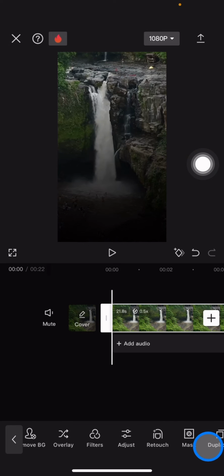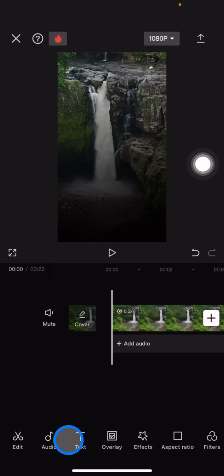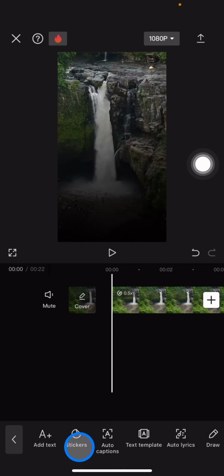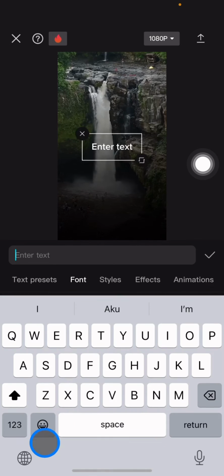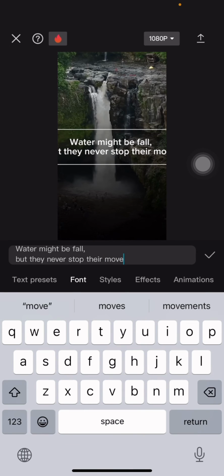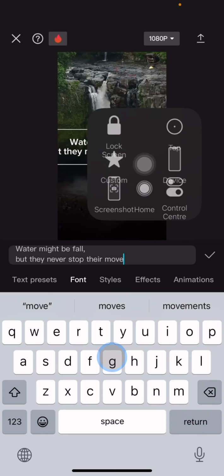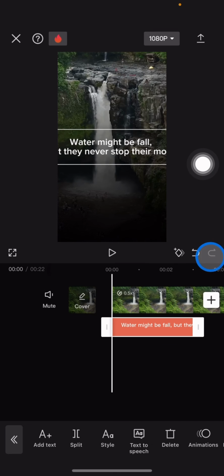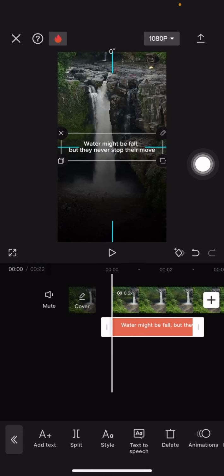And now the next thing we need to do is just add the text for the caption or motivational sentence. So for example, and whenever you're done adding it, you just need to click the checklist button, and after that you just need to adjust the size